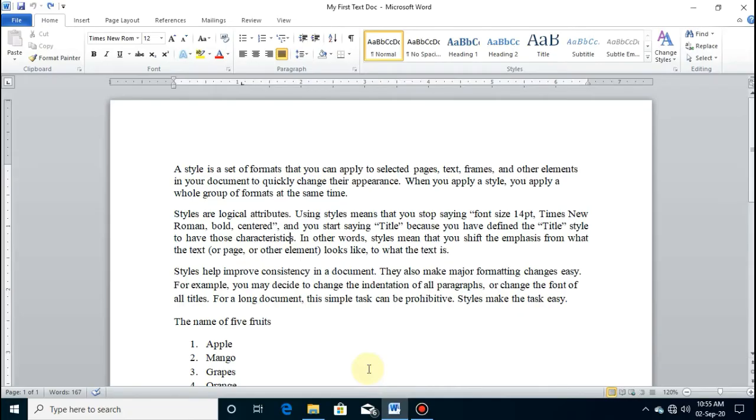This is my already created text document, and as you know, in part 1 I have explained the options of font group, and in part 2 I had explained the options of clipboard group and paragraph group.